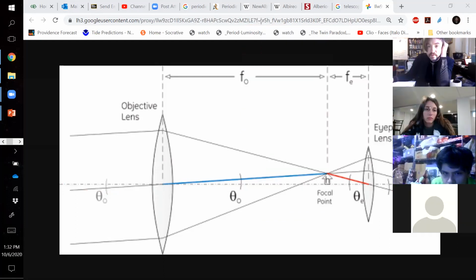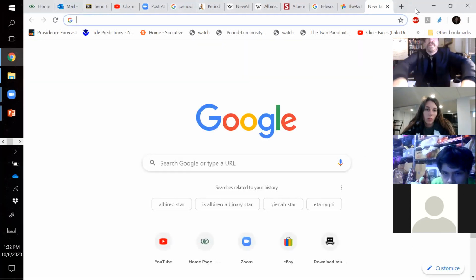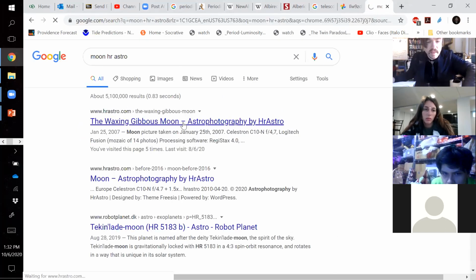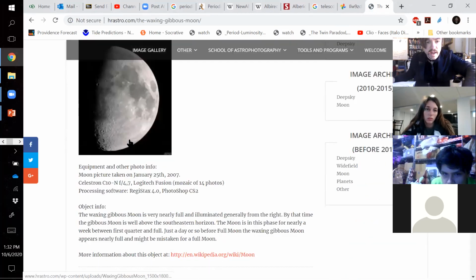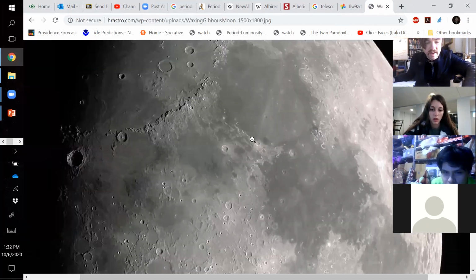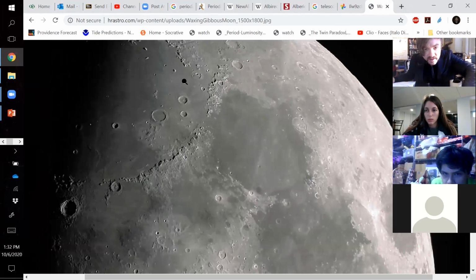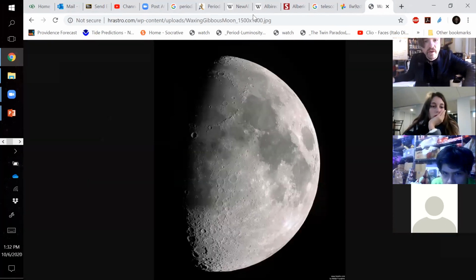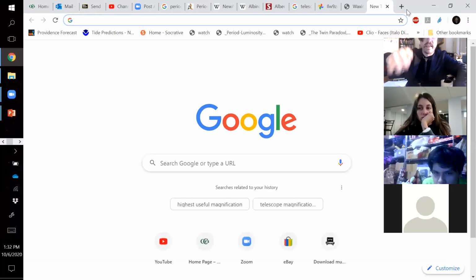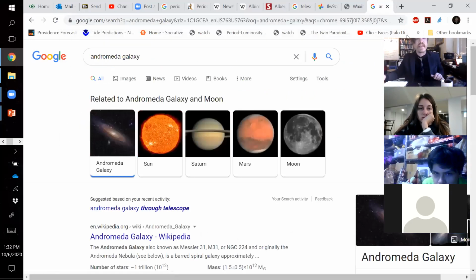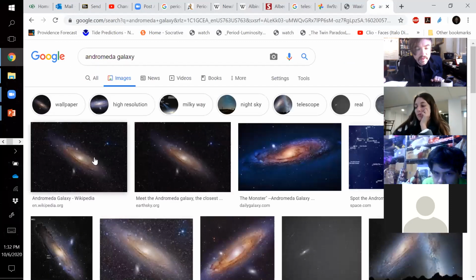In the case of the moon, it surely is nice to magnify things. And that's because when I magnify the moon, I can see more details on it. Now I'm going from an angular size of this big to an angular size of this big, and I can see more features on the moon. Magnification also helps with planets and other things like that. But magnification is not always important when you're looking at galaxies. The Andromeda galaxy, for instance, our sister galaxy. What if I were to tell you that this galaxy,